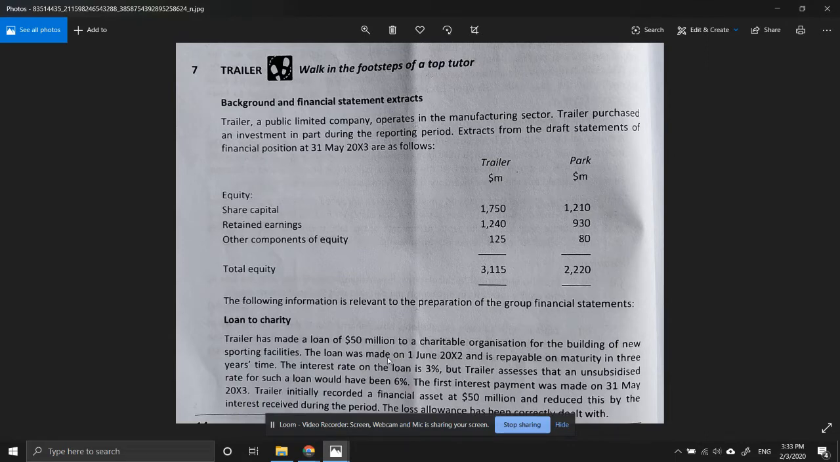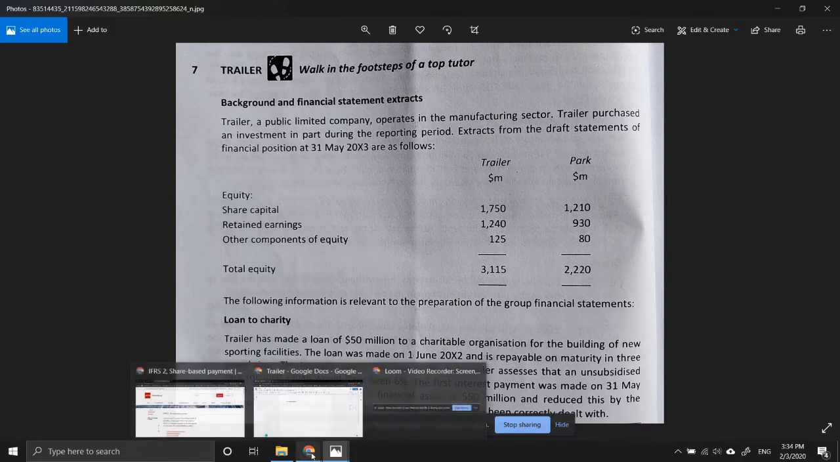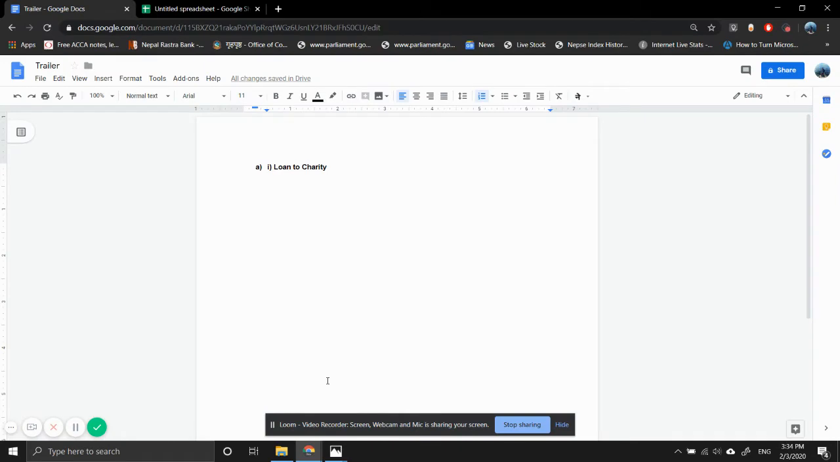So what did Trailer record? It recorded a financial asset of 50 million, and reduced this by the interest received during the year. So that means it recorded 50 and then minus 1.5. That's what it did, right? So that should not be the case, because at the end of the period we are still only being paid 50 million, right? Okay, so as per